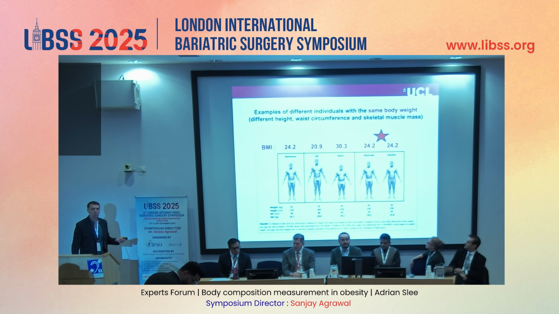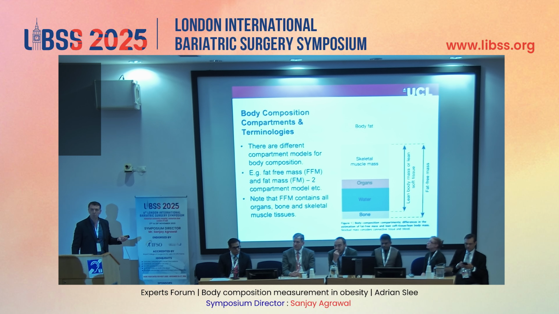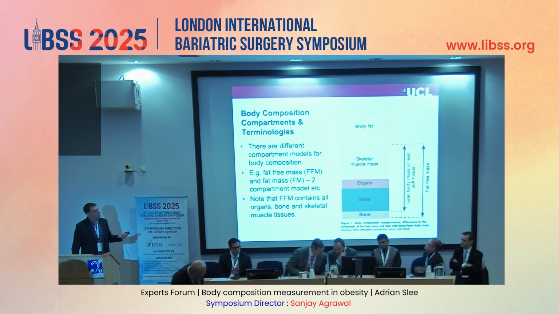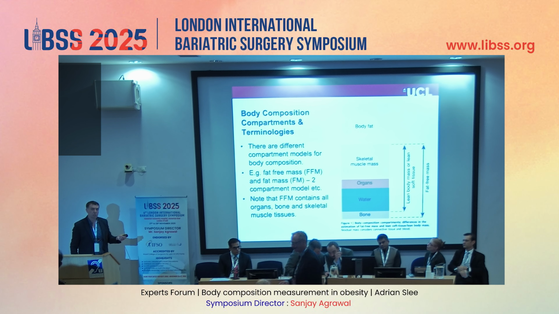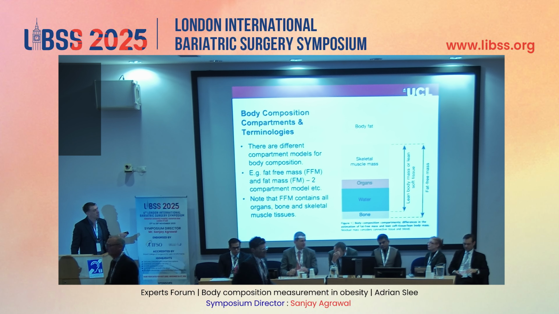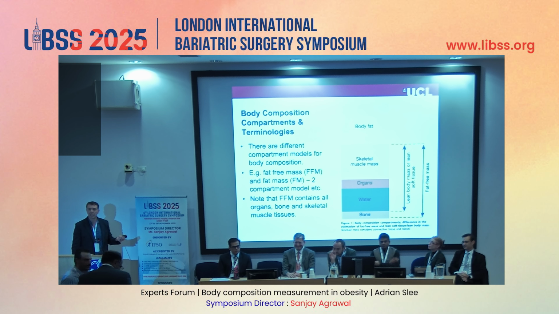We need to consider what the body's made up of, okay? And so we have different ways of assessing body composition. And there's a traditional 2-compartment composition model, where we break the body into fat mass, body fat, and everything that isn't body fat, so fat-free mass, which includes all protein-containing tissue, such as all of your organs and your skeletal muscle mass. And just to note, because we're going to talk a lot about skeletal muscle mass in the next 10 minutes, that's the organ that is principally required for physical function.